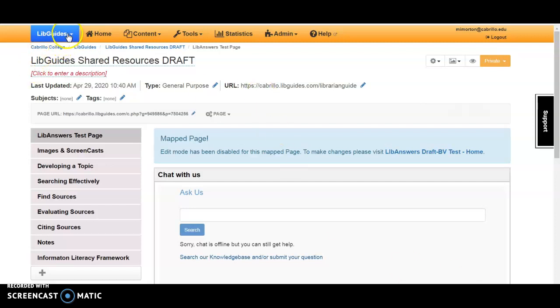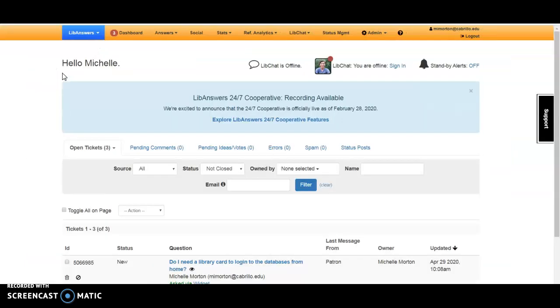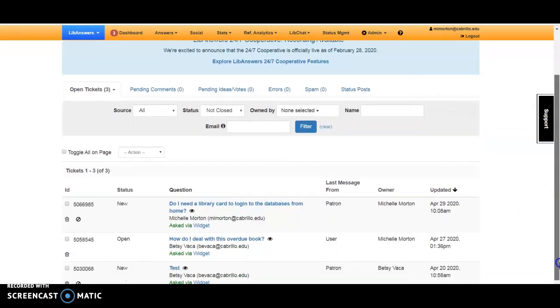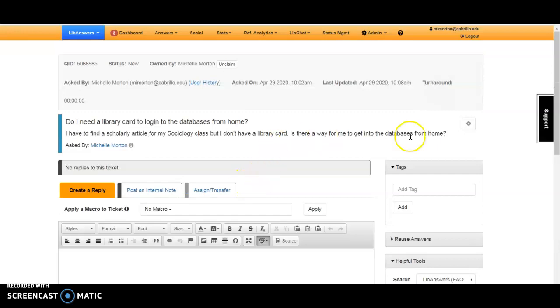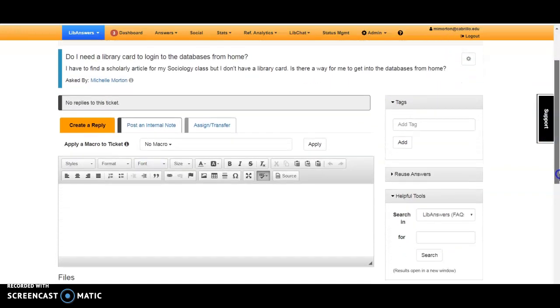So first of all, we have to go from LibGuides to LibAnswers. So I'm going to change to LibAnswers. And then you get this dashboard that has questions. So you can go down and pick questions to answer. So Betsy and I will be submitting questions during your reference shift, and you can